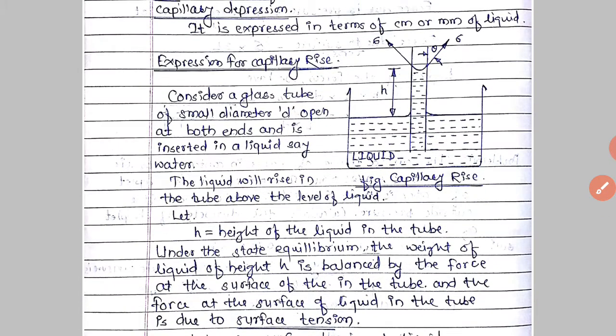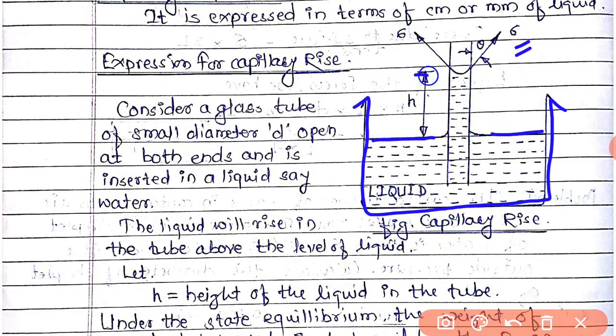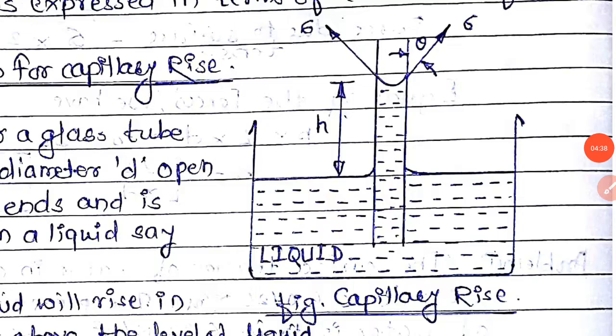See here, once again see the diagram here. This is a vessel in which liquid is placed, and we hold the capillary tube in a vertical position. See here, this is the surface tension force. This will be the rise of the liquid small h, and this will be theta, the angle between the liquid surface in the capillary tube and the glass tube. Here two forces act on the liquid. The first force is the weight of the liquid in the capillary tube in the downward direction, and another force is the surface tension force.